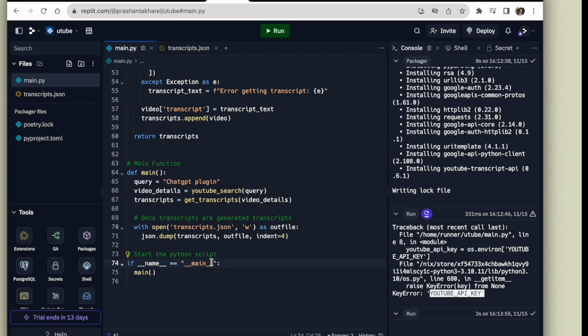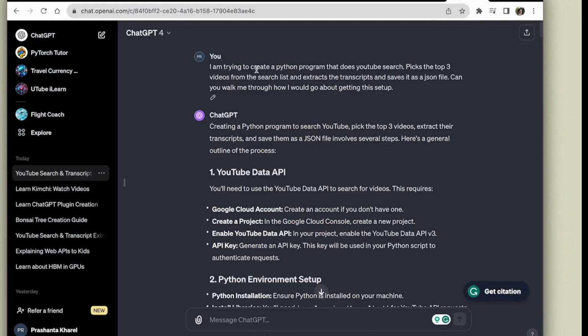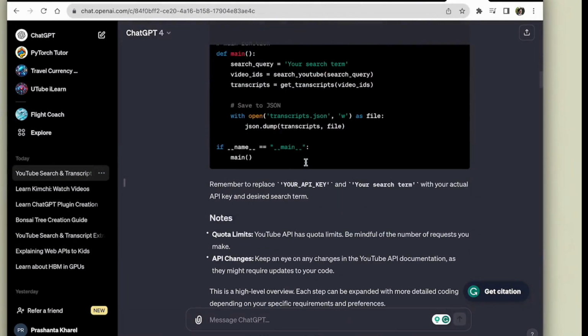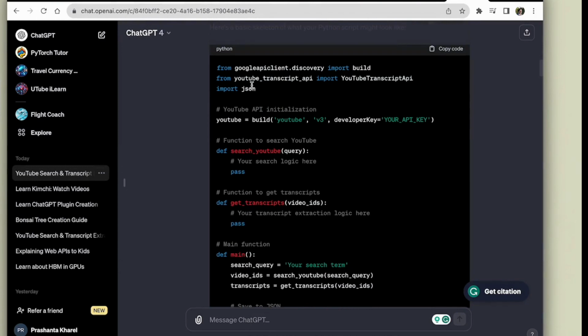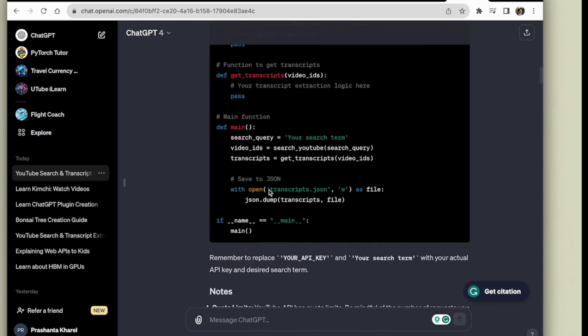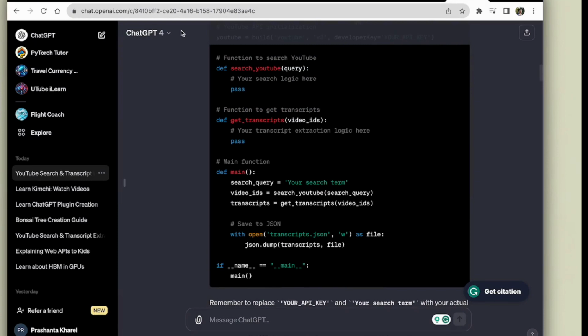By the way, if you're wondering how I wrote this code, I actually used ChatGPT for this. You can simply type, I'm trying to create a Python program that does YouTube search, picks the top 3 videos from the search list and extracts transcripts. Can you walk me through the process? And it basically comes up with that code. I did have to tweak it a little bit so that it uses the YouTube transcript API, and asked it to fill in the blanks, like add in the logic. But it's pretty straightforward, and you can do the same thing here to convert